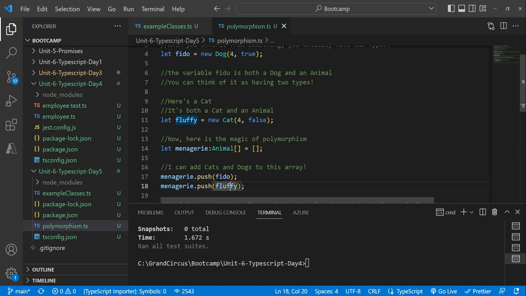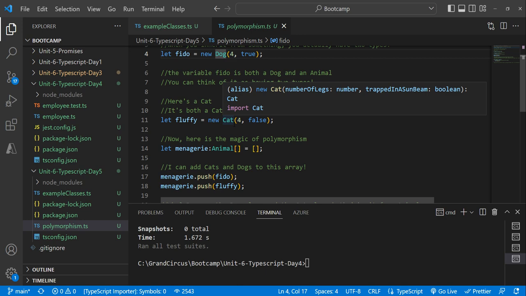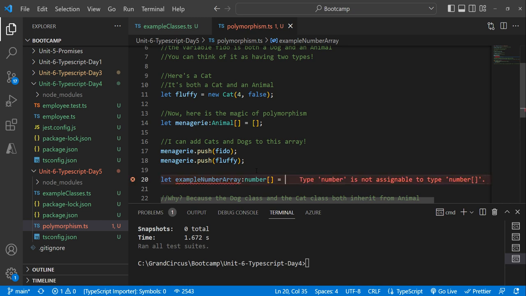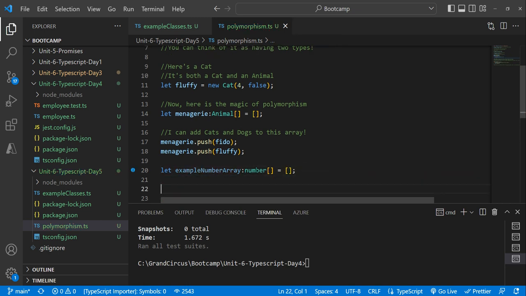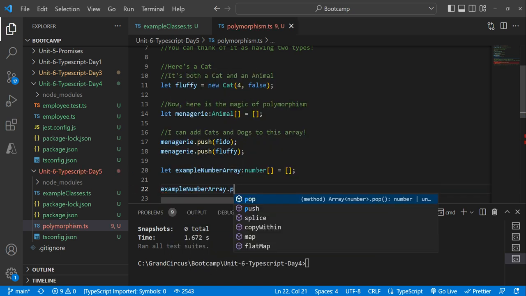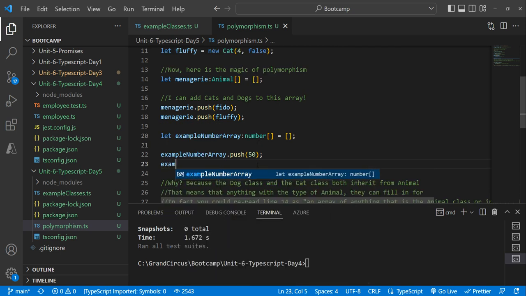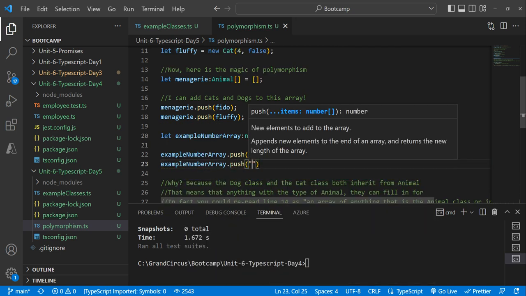But wait a second. Dogs and cats are different classes. How can I add them to the same array? I couldn't do this with other things. To give you an example, let's say example number array, which is an array of number, starts out blank. I can add numbers to this array. I can say example number array dot push 50. That's fine. But if I do example number array dot push Jonathan,